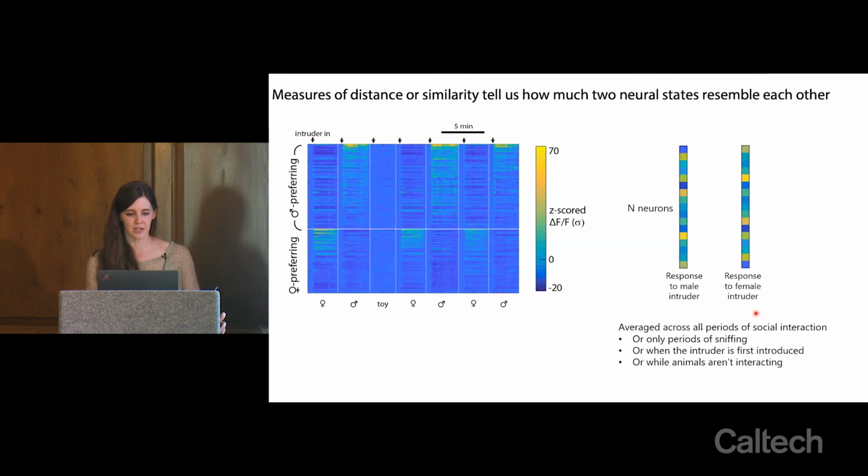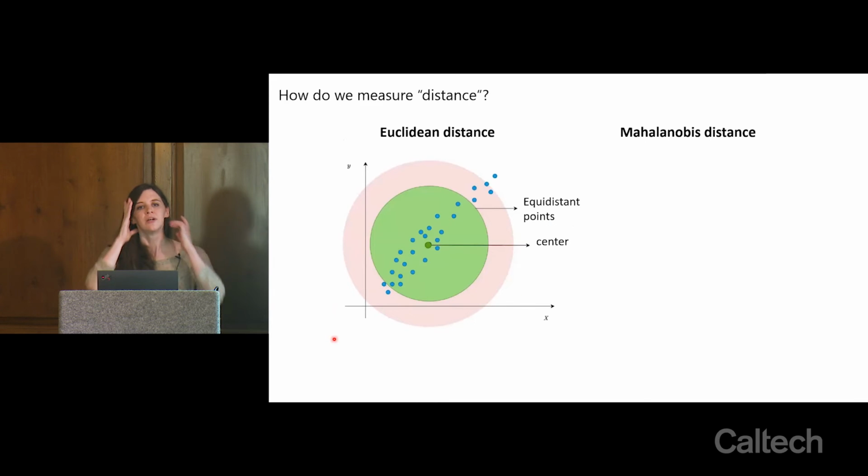So this is taking all of these male trials and all of these female trials and just asking how dissimilar they are from each other. Say you had a set of trials. Each blue point here is one stimulus presentation, and you have the response of a pair of neurons to those stimuli. And there's some correlation in how your neurons are responding. If you compute the Euclidean distance between a test point and the mean of this distribution, it's going to be equally high for a point that's up here versus a point that's out here, which is kind of not